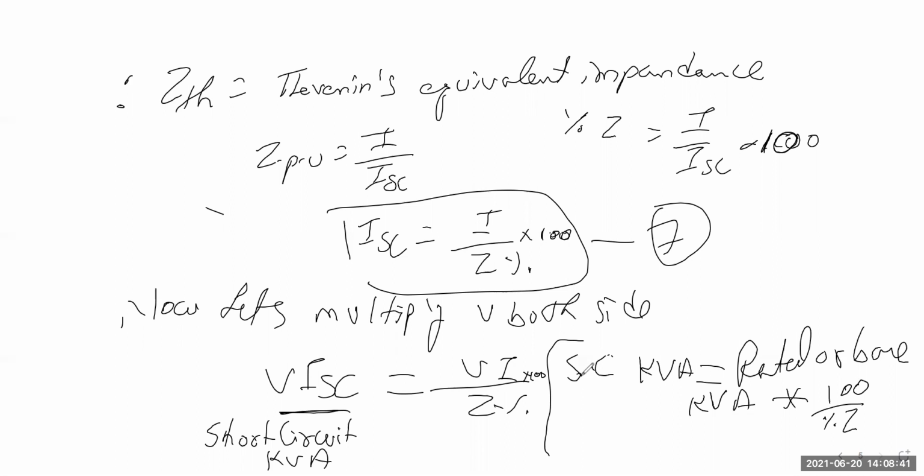So short circuit kVA, this is your short circuit kVA by this rated kVA, or base kVA. So this implies the short circuit kVA is equal to rated or base kVA into 100 by Z percent, right? This is what we get at last. Now